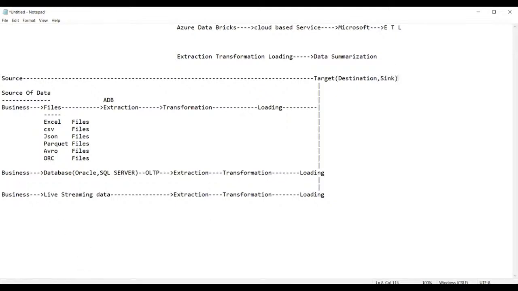This is how we get the data here. Ultimately, we get the data from various sources, and from these various sources, we extract the data, we transform the data, and we load the data into the target. All this extraction, transformation, and loading is done by using a service, guys. ADB is one service. Likewise, ADF is another service, and Synapse is another service. These are the various services we can use. This is how exactly things work.